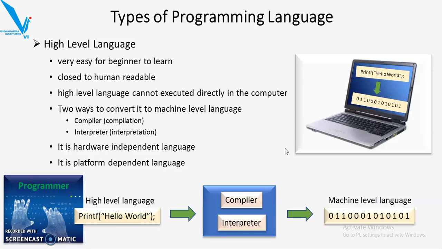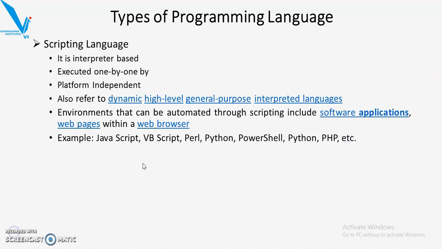In high level language, we have examples like Java, Python, etc. Scripting language, which is also called a very high level language. Now, if we consider the C